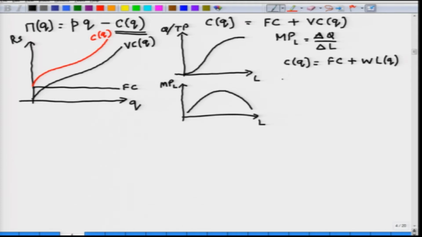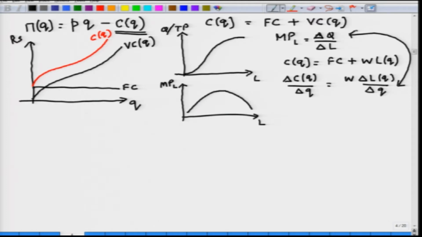Now, if I want to find out how the total cost is changing with respect to my output, essentially this is the change in my variable cost with respect to Q, and since the wage rate is a constant number, W times delta L over delta Q, and notice the marginal product of labor essentially is delta Q upon delta L. So, the change in cost with respect to output, delta C over delta Q, is W times 1 divided by delta Q upon delta L, which is W divided by the marginal product of labor,